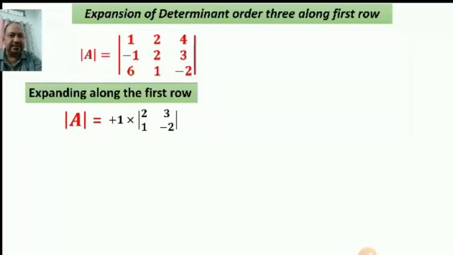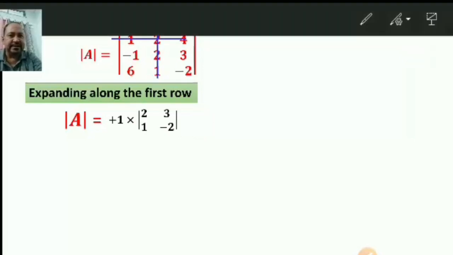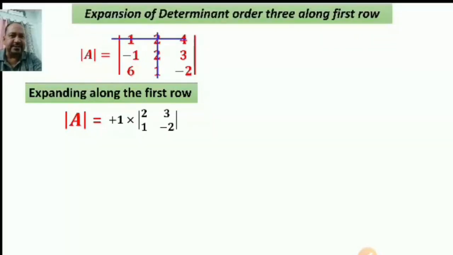Multiply the remaining terms by the cross multiplication method and find the value of the determinants. Yes, +1. For the second expansion, in the first row and the second column, you will cancel out all the elements of the first row and the second column, and cross multiply the remaining terms. This first row will be cancelled and the second column will be cancelled.